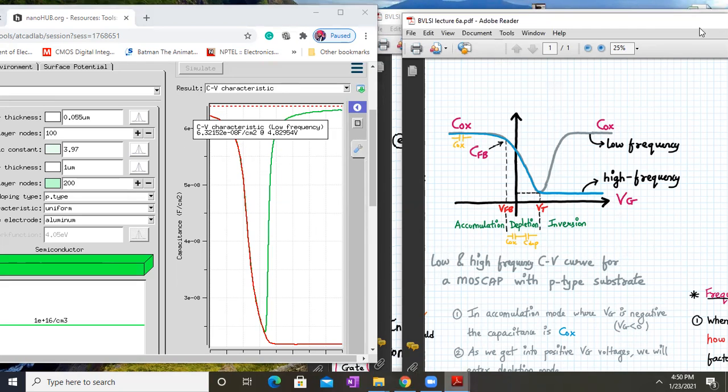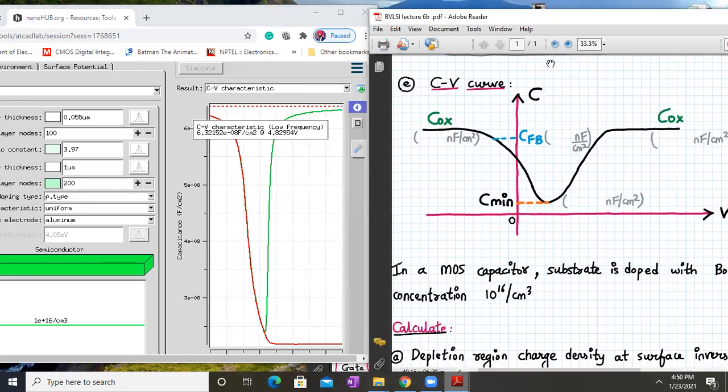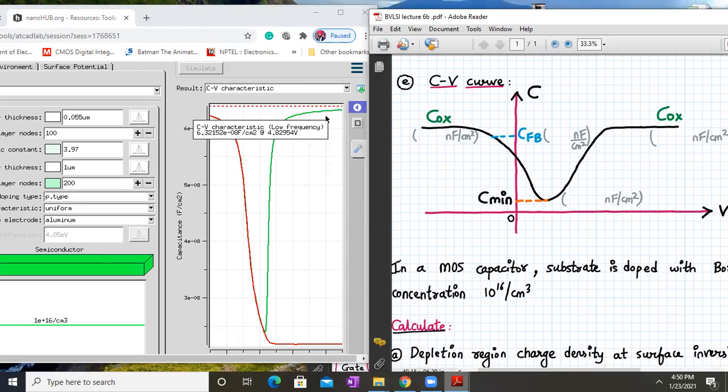If we go into the numerical, in reality we got 63.91, and with these parameters we are getting around 63.2, so it's quite close, right? Next we check the C minimum value.